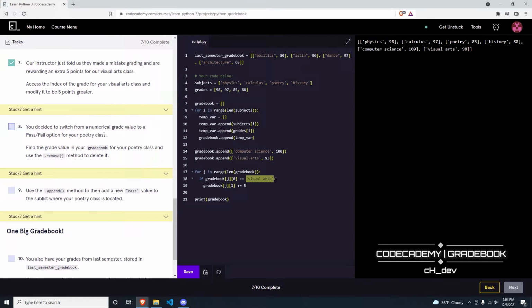You decide to switch from a numerical grade value to a pass-fail option in your poetry class. Find the grade value in your gradebook for your poetry class and use the .remove method to delete it. All right. So again, this one we can do it multiple ways like we were saying. So we're looking for the poetry class. So 0, 1, 2, we can do gradebook 2